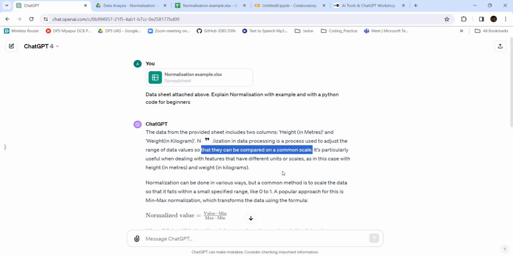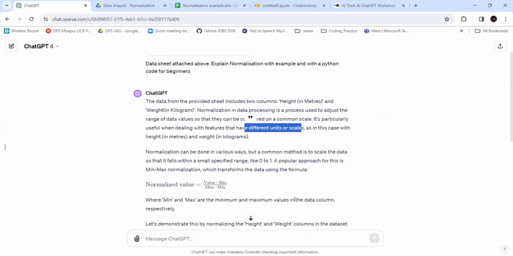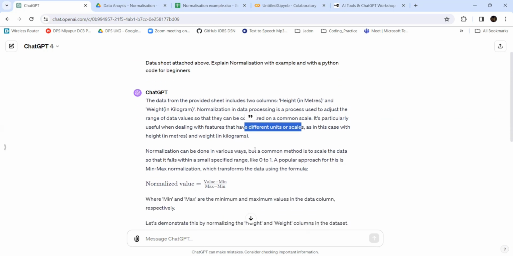It should be compared to a common scale. It will be useful when dealing with features of different units or scales, like height, weight, or kg, different measurements. So this is the formula. It can be done in various ways, but a common method is to scale the